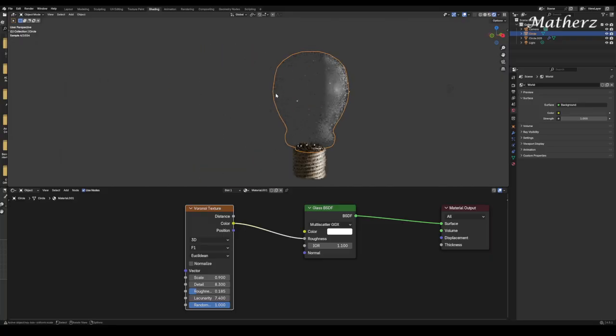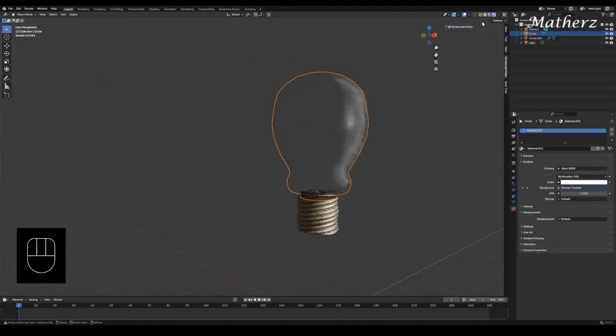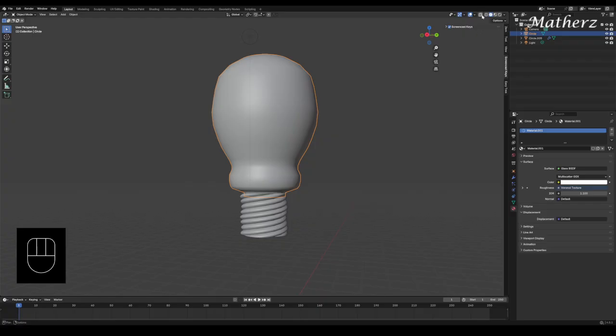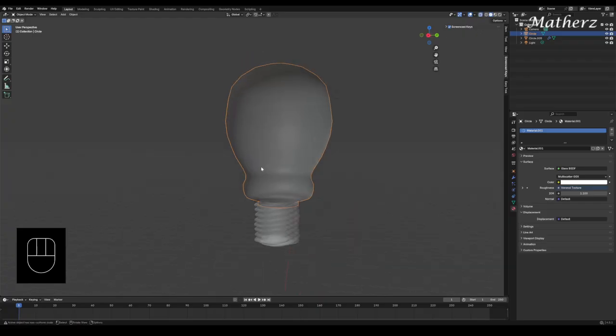So, once we've done this part, we want to go back to the layout. I'm going to go ahead and just put this to a regular render for the moment and X-ray, primarily because we need to place in the inside of the bulb. So, what we can do is, let's go ahead and place that in there. I'm just going to go ahead just real quickly and just make sure that I've got pictures of a bulb, so I can get this as accurate as possible. One second. Okay, so